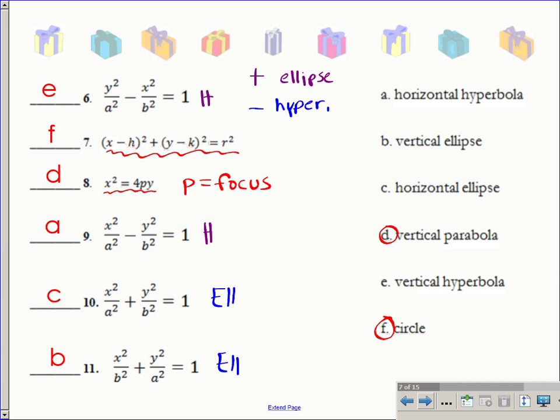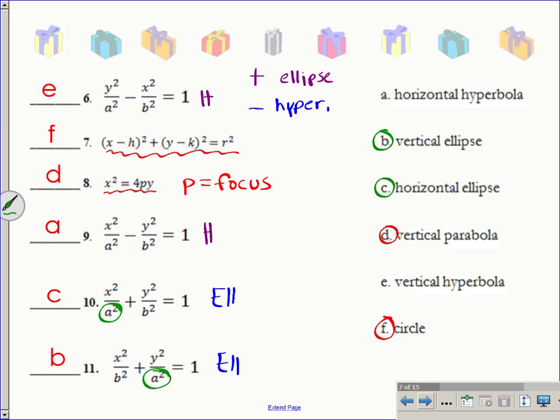you tell if an ellipse is vertical or horizontal is by looking to see where the larger number, a squared, is located. When it's located under the x, that makes it a horizontal ellipse. That's what makes number 10 C. When a squared is located under the y, that's what makes it a vertical ellipse, and that makes your option